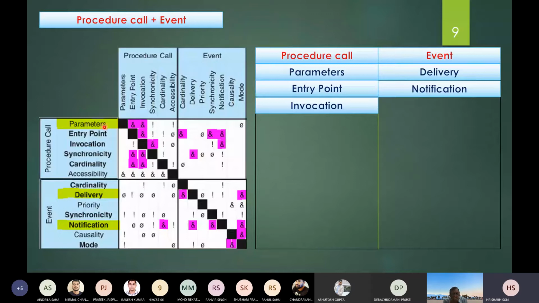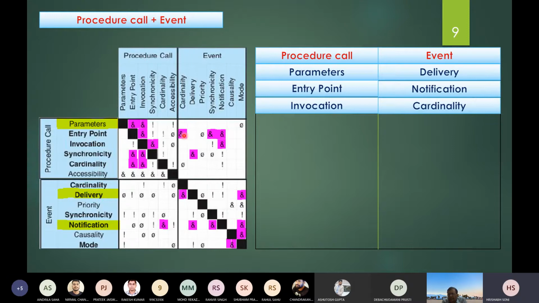Now I will have to check for entry point also. Entry point requires invocation. That is this invocation, and we already added it. Now this requires cardinality also for the event. For the event connector, it requires cardinality. Cardinality we didn't add, so we have to add that.